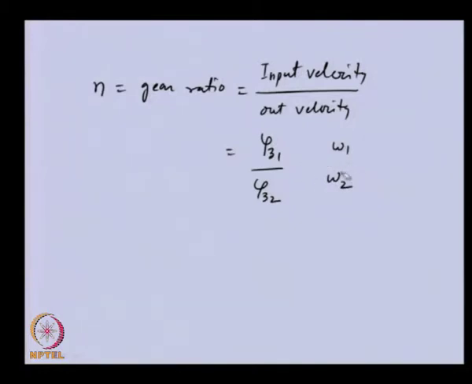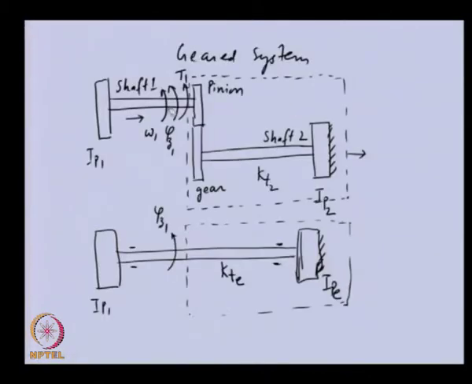So, let us take the angular displacements as the gear ratio, in which the input angular displacement is divided by the output angular displacement. You can see that when we give phi Z1 input to this particular gear, it will have opposite motion and different angular displacement. Similarly, if we want the nominal speeds, they will be different, and torque will also be different. These are all at the location of the gear. This is the pinion and this is the gear.